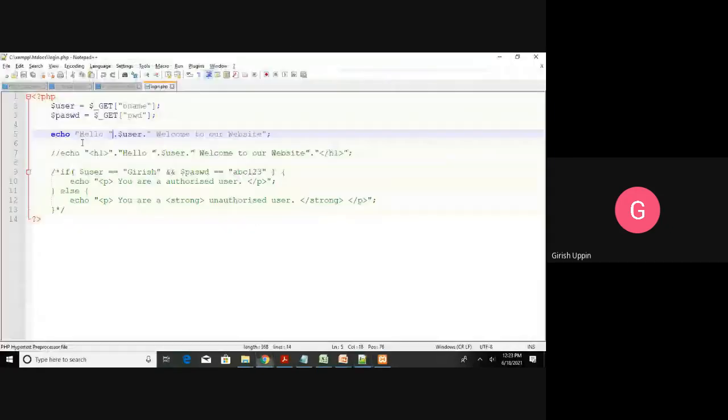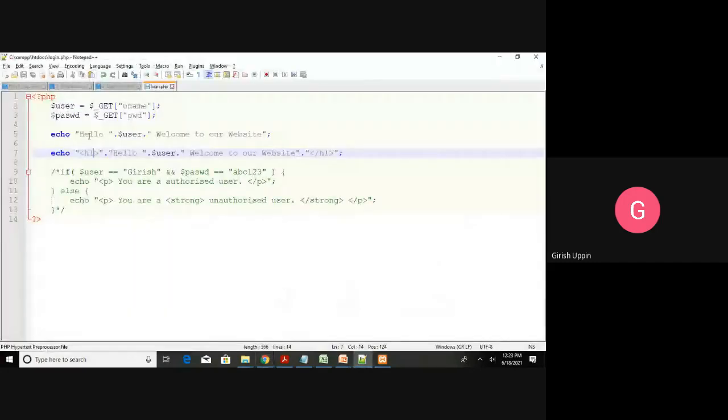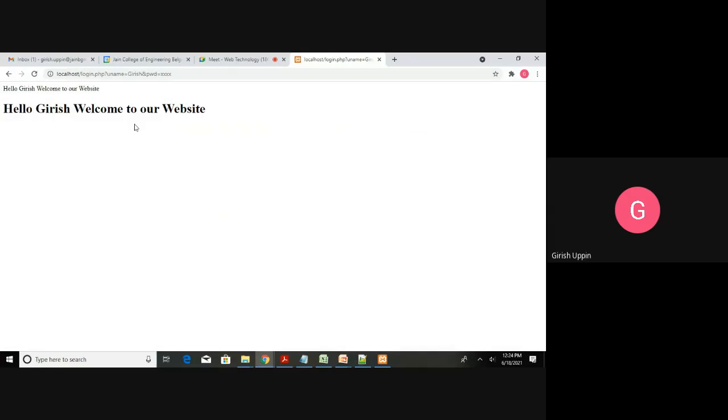Now to further extend this one, what we can do is add some HTML. So I have added one HTML h1 here. Okay, I will save it and refresh. So you can see I have applied an HTML tag of h1. Earlier I had just plain text I was displaying on the browser, but I was not using any kind of HTML. Now what I did, I included the h1 opening tag and h1 closing tag to the same information, right? You can see here it will display like this.